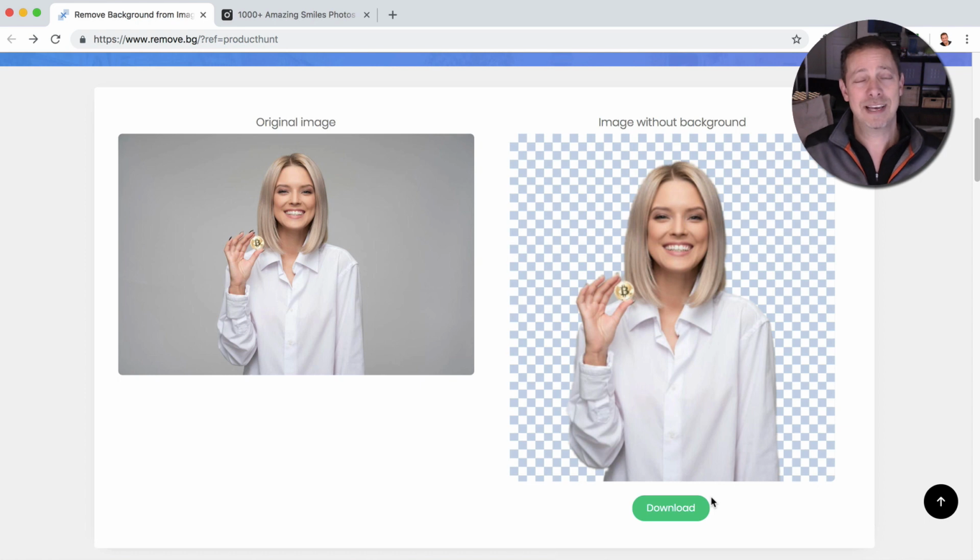How simple is this? Total game changer. High five to whoever set this up. I have to reach out to them because it's very rare that I get so excited about a tool like